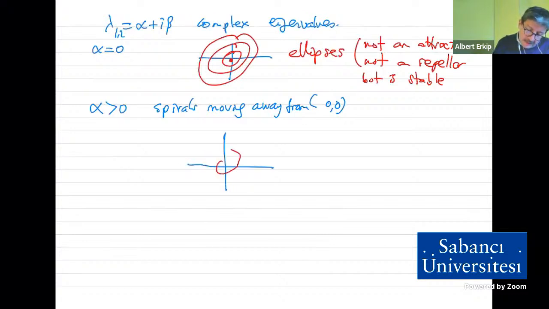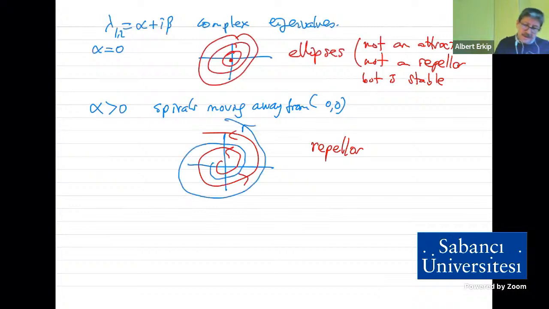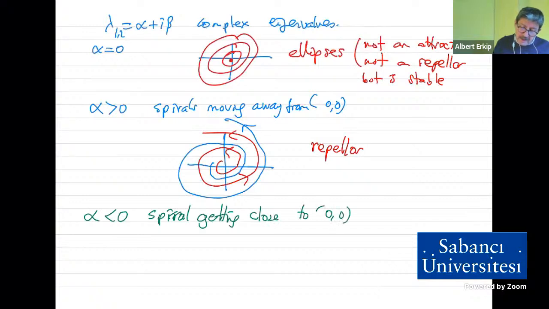So we had pictures like this. So this is a repeller. Of course, how would the second orbit be? Well, you should be able to place all these things next to one another. And then again, if alpha is negative, it spirals, getting close to (0, 0), because we have to factor e to the alpha t times something. So in this case, the picture would be,